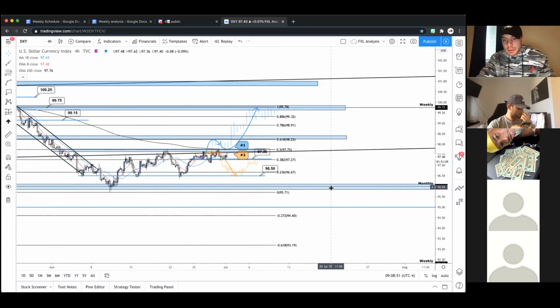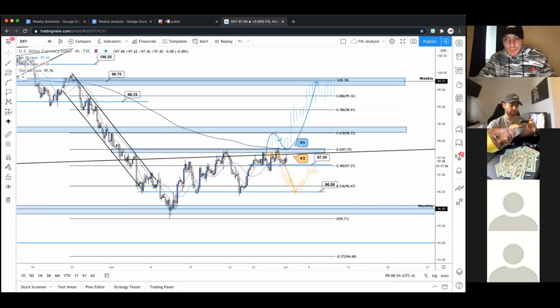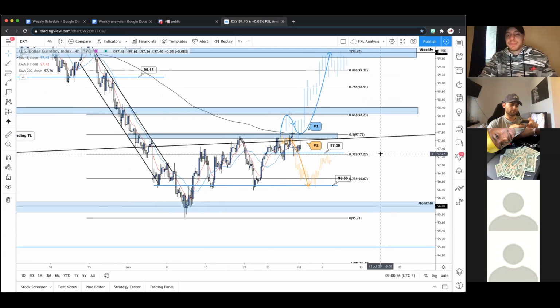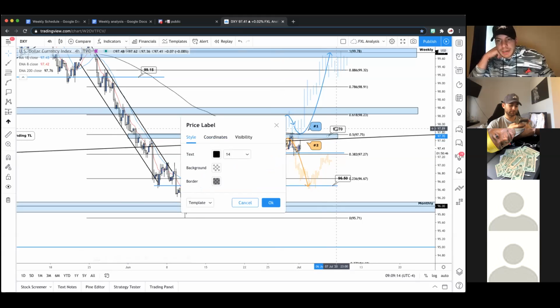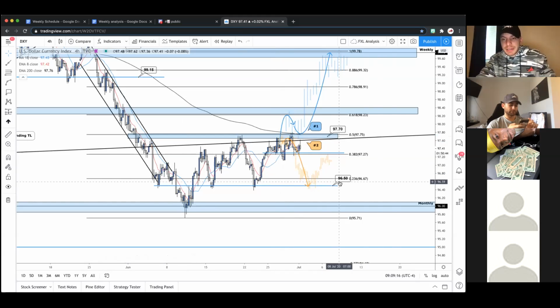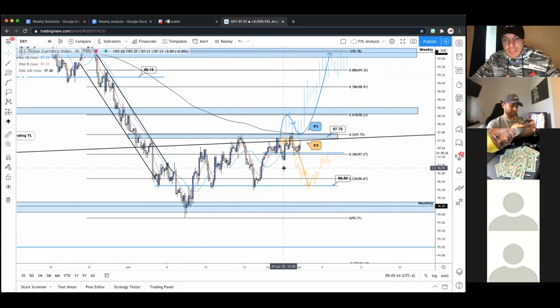Just go to the 4-hour, get a little closer on current price action, and see what's going on. We understand that the overall sentiment is very bullish, right? Now we have a little bit of ranging here. We hit a low at this monthly, a very strong area. We saw a pretty good rejection, and now price action has pushed up. But now we're ranging between these two handles, 97.7 and 96.5. You can see it's clearly bouncing, more or less consolidating and waiting for a bigger move to step in and push price action in either direction.